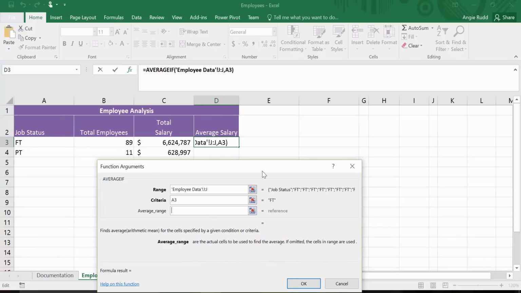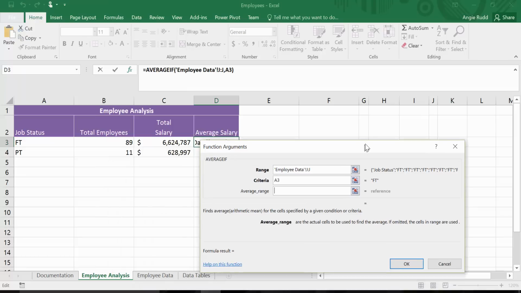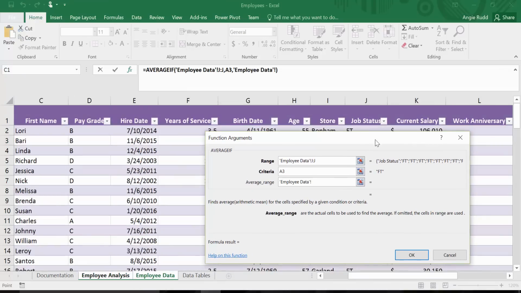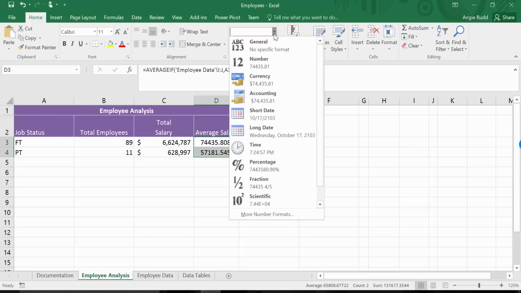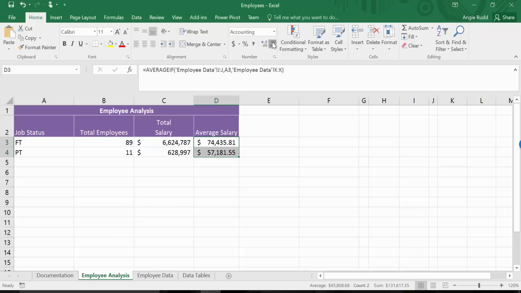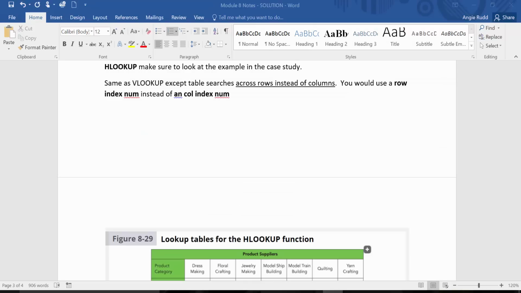And then what range do we want to average? Again, it's their current salary. Enter. Copy that down. Let's format this with accounting no decimal. Let's just go ahead and save it. Okay, so I want to add one last piece here that we didn't cover in the review, but it is covered in the case study,